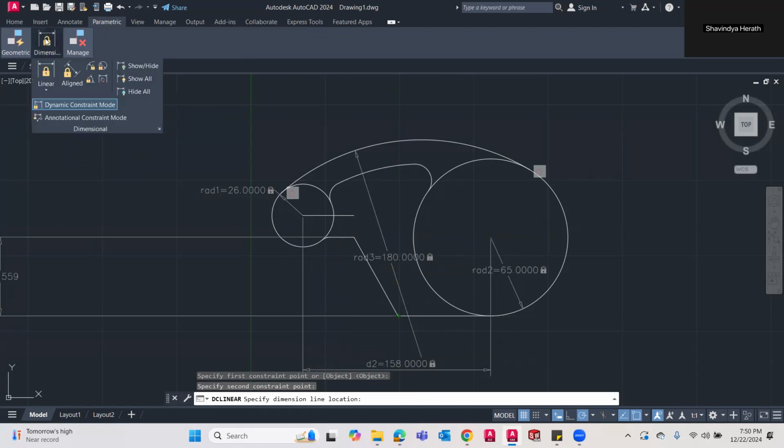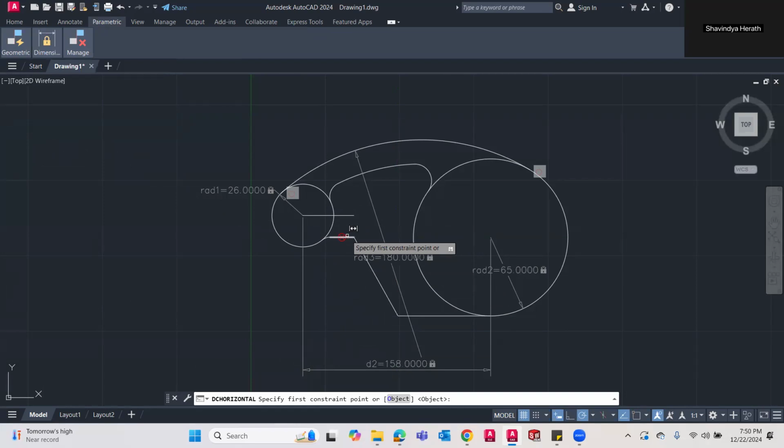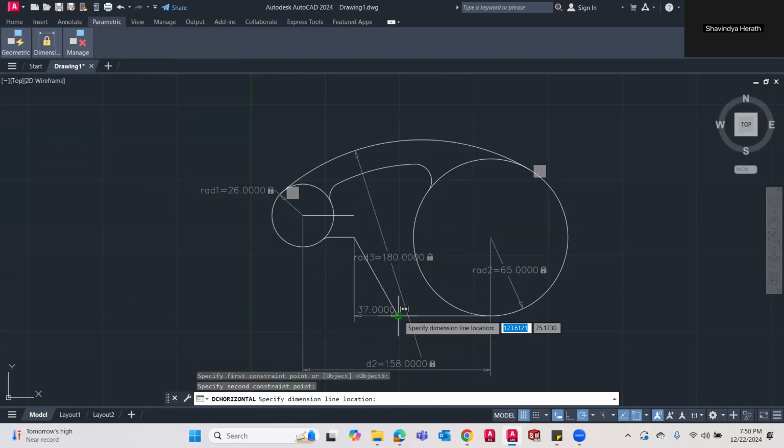Horizontal dimension I need, linear, horizontal. Here to here, it is 37. It's correct, right? Yeah.